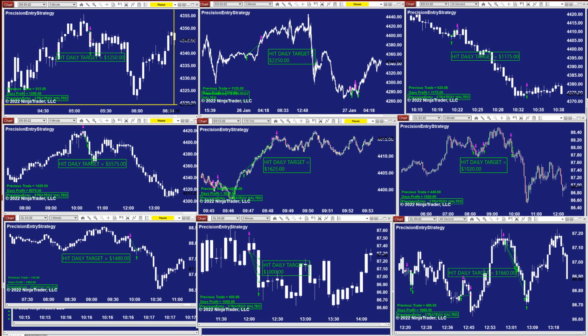I want to show another example here, the ES 3 minutes. The difference between those two: this one here is the same auto trade. The only thing different between those two is how I tweak the trailing stop, the stop loss, and the target. What I'm showing you here, I did on purpose. I took a 3 minute from an older template, optimized a 3 minute, and turned them on today to show you